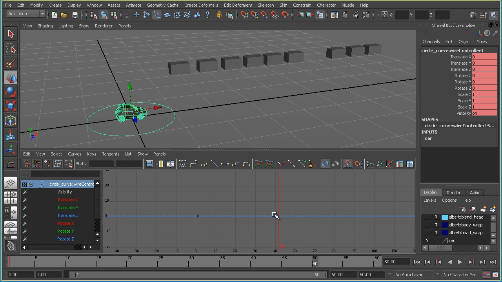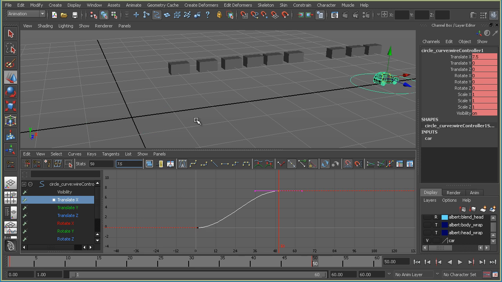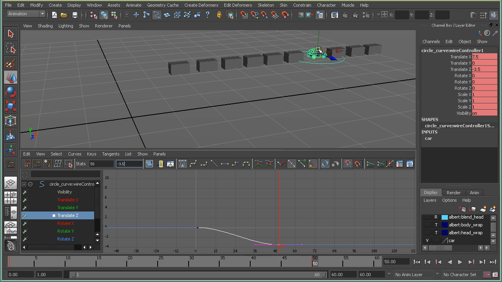So I'll set a key and look at the X. I'll change this to 7.5. And I need it to go over 1, 2, 3.5 in Z, and it's going against the Z arrow, so that's a negative value. So Z negative 3.5, and okay, so now he's in here, and I need him to turn around 180 degrees in Y,